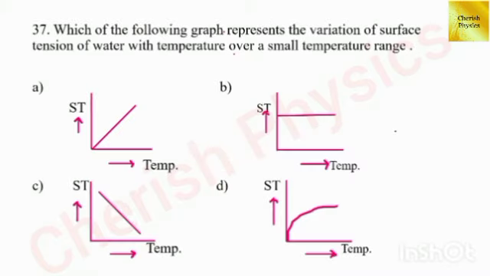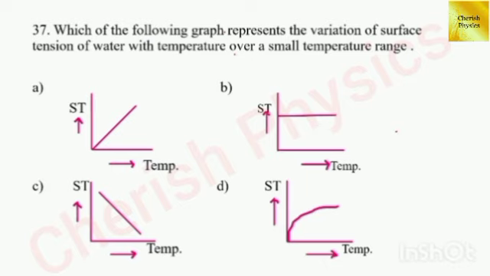37th question. Which of the following graph represents the variation of surface tension of water with temperature over a small temperature range? The answer is